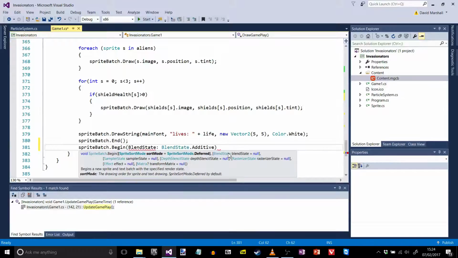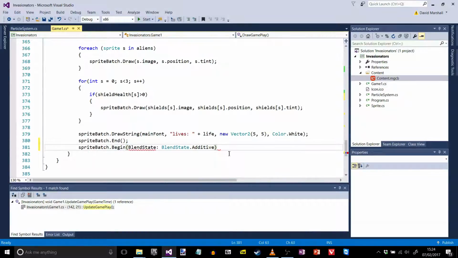So if we're using additive color, it's going to spawn multiple things on top of each other. What's wrong with that? Capitalization. The variable is called blend state, but the enum is called blend state with a capital B. So just keep an eye on that again, as usual. Wish Microsoft would use different names for things, but not the only ones. Anyway,